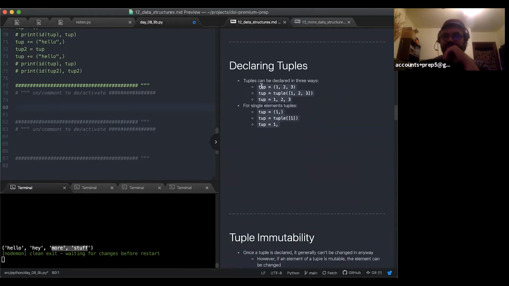Declaring tuples. A tuple with multiple things in it is just like a list with multiple things in it. An empty tuple, except with parentheses instead of square brackets. An empty tuple is, again, just parentheses. A tuple with a single element in it is a weird one because it's the element followed by a comma. So